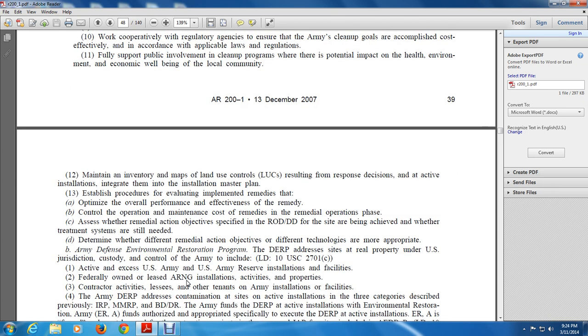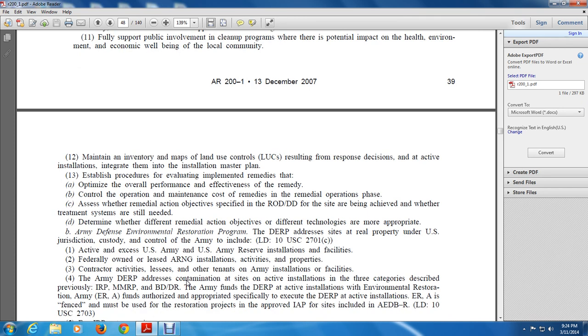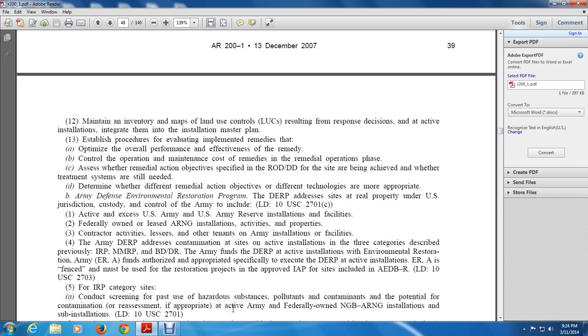The Army funds the DERP at active installations for environmental restoration, and the ER,A funds authorized or appropriated specifically to execute DERP at active installations. ER,A funds must be used in restoration projects approved by the IAP for sites included in the ADEDB-R, under 10 U.S. Code 2703, IRP category sites conducted and screened for past hazardous substance and pollutants,